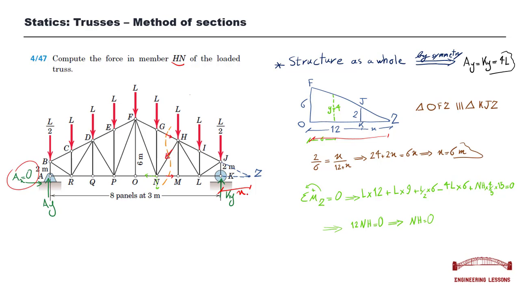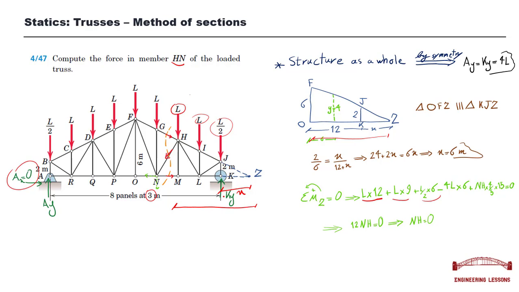So right now, knowing the amount of x, we can write a moment equation about point Z. What forces do we have in order to write the equation? One of those is L. The distance is 12 meter from this acting point to Z. We have two bays, each of our bays is 3 meter long, so two 3 meter and one 6 meter, so the distance is 12 meter. Then we have this force at 9 meter and this force at 6 meter,